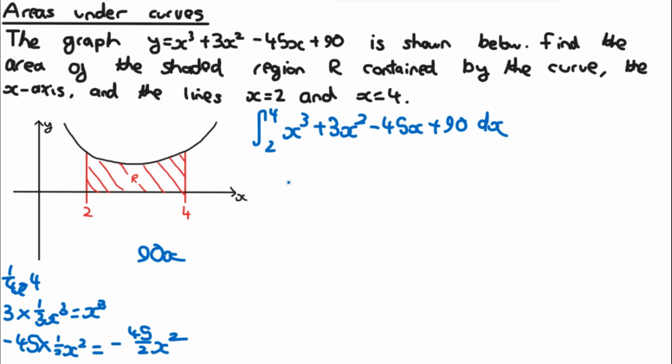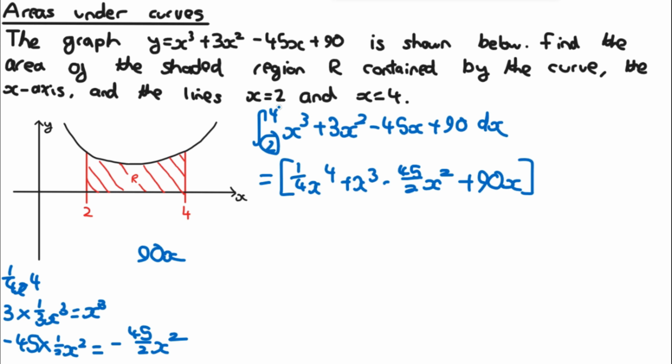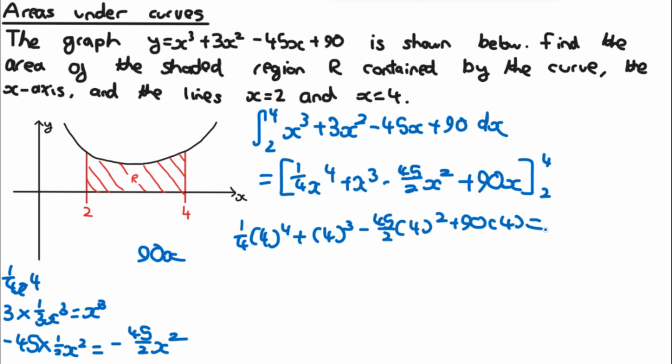So this integrated is equal to 1 over 4 x to the power of 4 plus x cubed minus 45 over 2 x squared plus 90x, and then we do the square brackets, and it is going from 2 to 4. And then what we do is we just sub in these values. So sub in 4, so it's going to be 1 over 4, 4 to the power of 4 plus 4 cubed minus 45 over 2, 4 squared plus 90, 4, and if you put that into a calculator,